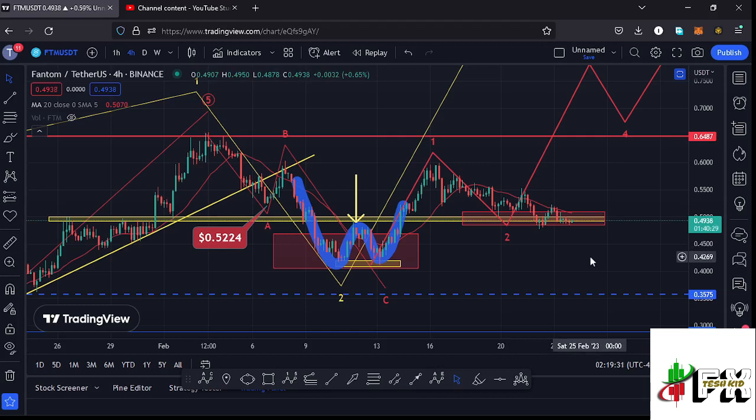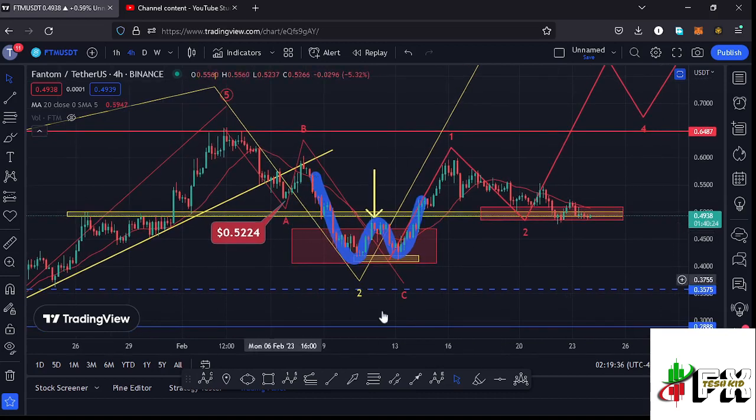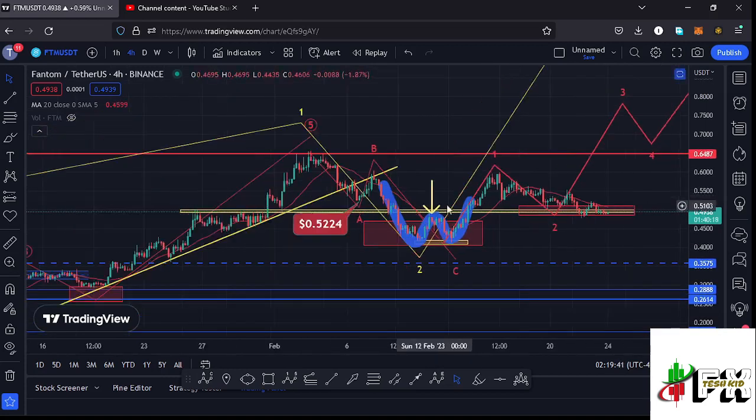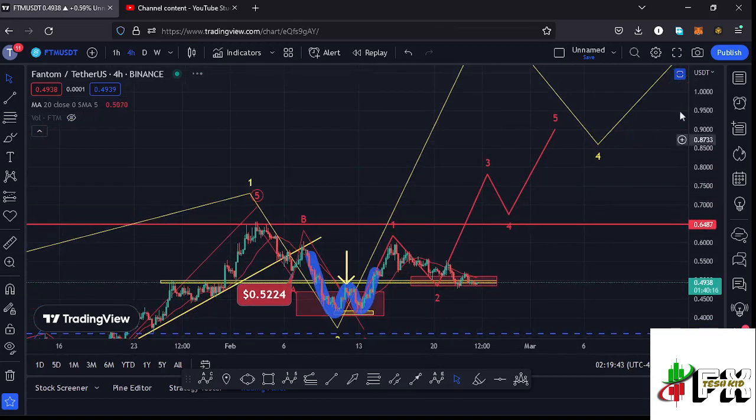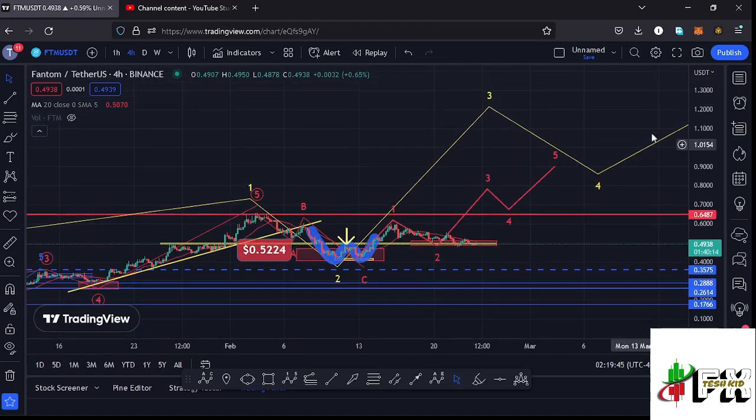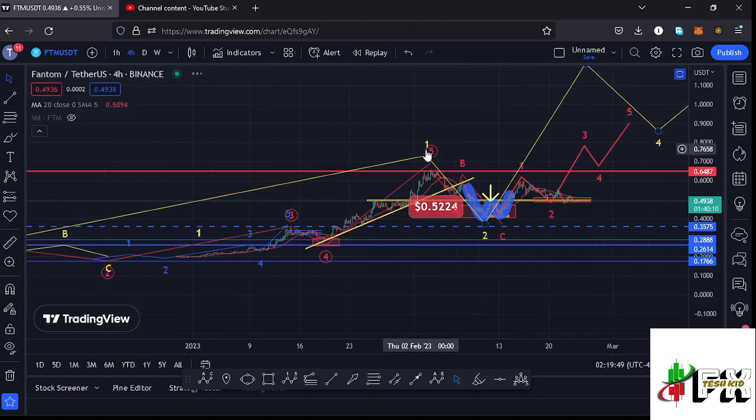We have also continued to obey the Elliott structures, where we have fully maximized our target areas to the lower side in the formation of this larger Elliott contour right here in yellow, and I now believe that whatever we are seeing at the moment is the start of a massive bounce to the upside in the formation of this wave 3. And before I get further into the technical analysis and also give you my next price targets to